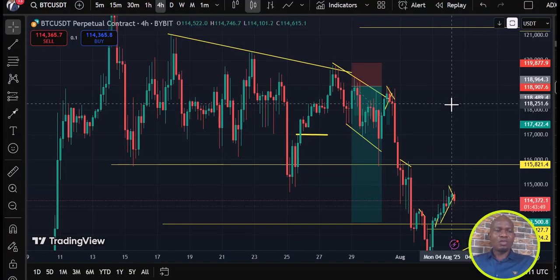The first thing you need to master as a wave trader, or if you are interested in becoming a wave trader, is to know that the market moves in waves, and these waves create patterns. And this pattern is what you're going to trade every now and then. The good thing about this pattern is that it is repetitive in nature.